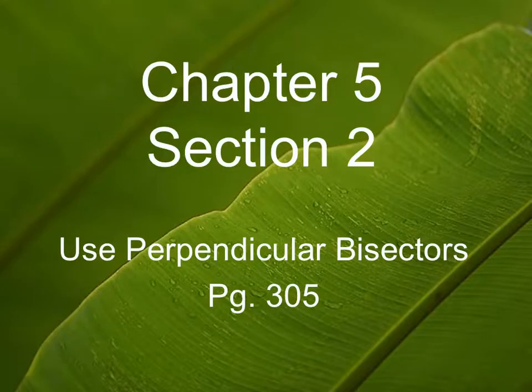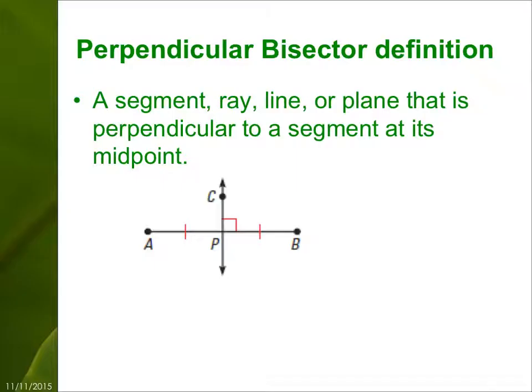Okay, let's look at 5.2, which is called using perpendicular bisectors. So we're going to learn what it is, and then there's a couple of properties about it that we're going to learn to apply. So by definition, a perpendicular bisector is a segment, ray, line, or plane that's perpendicular to a segment at its midpoint. So it has to hit at the midpoint, and it has to be perpendicular to where it hits. So in this diagram, CP, either line, ray, segment, is the perpendicular bisector